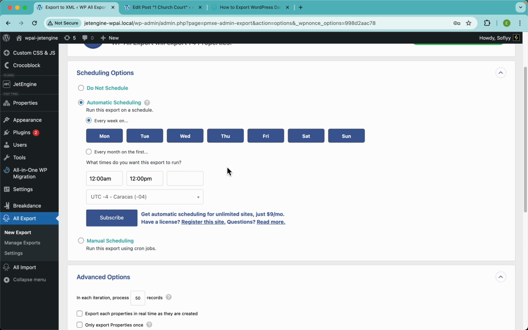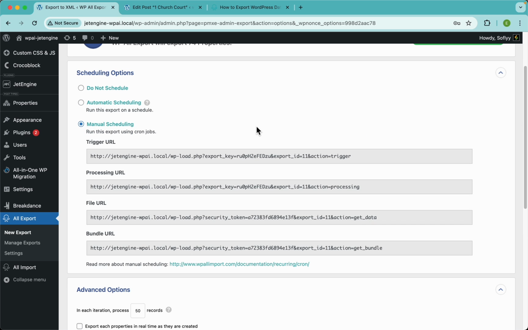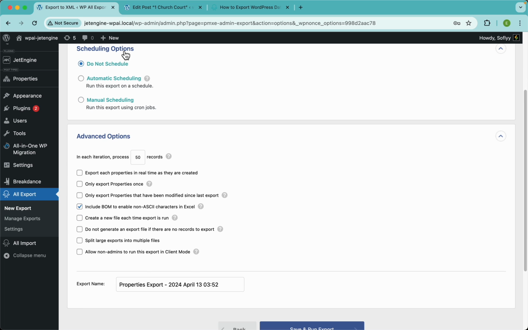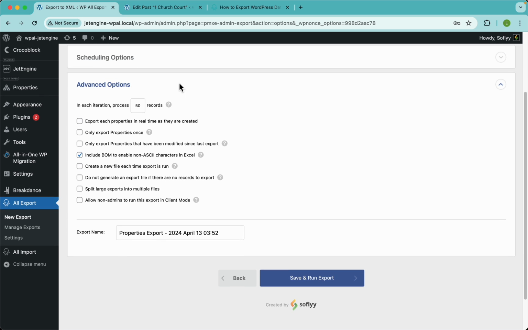So it's very easy. Now this is a paid service, like I said before, but if you don't want to subscribe to that, you can always use cron jobs. And guys, cron jobs are free, but they are a little bit more technical. We have great documentation on them here, and you can always ask our support team, right? So if you send us all of the info and all of your questions, we will be more than happy to help you out. For now, I'm gonna choose Do Not Schedule, close this up, and here for the other